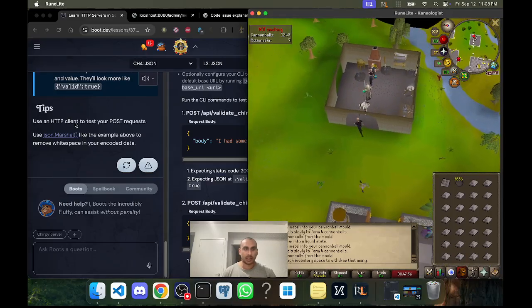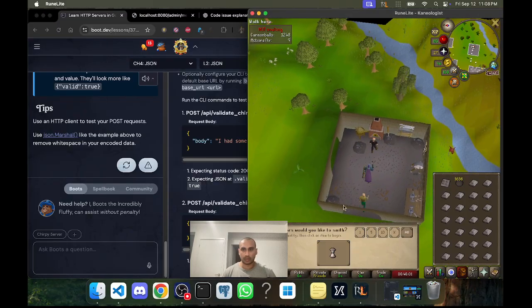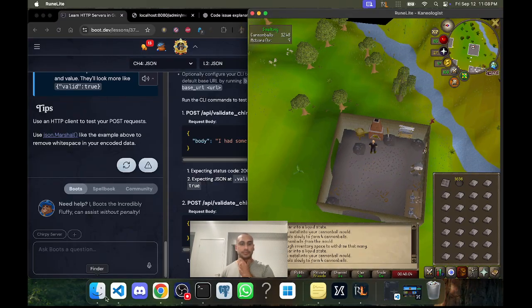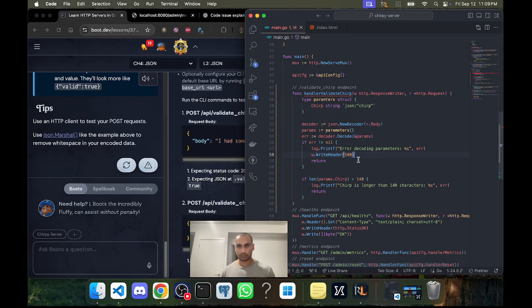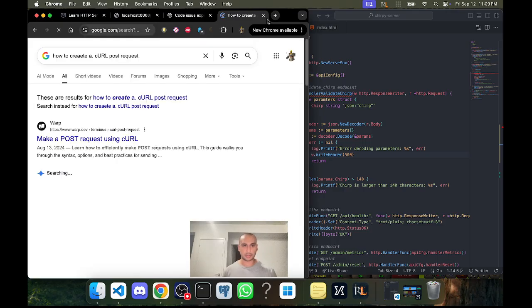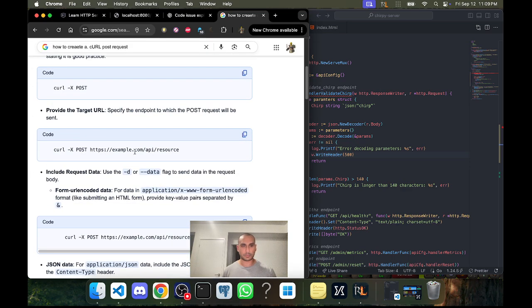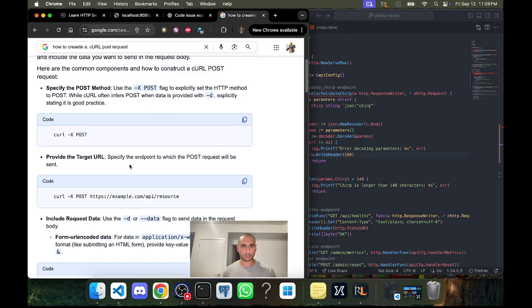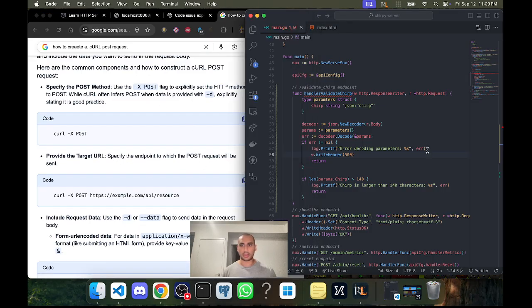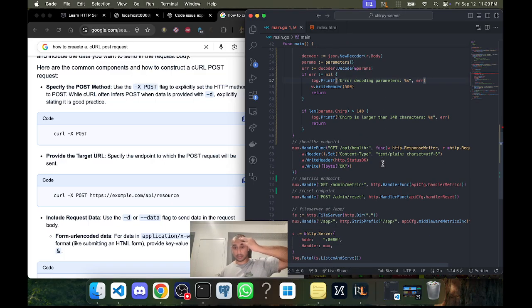Use an HTTP client to test your post requests. Well, I will use something like curl probably. How to create a curl post request. Make a post request using curl. Provide the target URL. So this is the endpoint we're trying to send to. So it would be mux handle